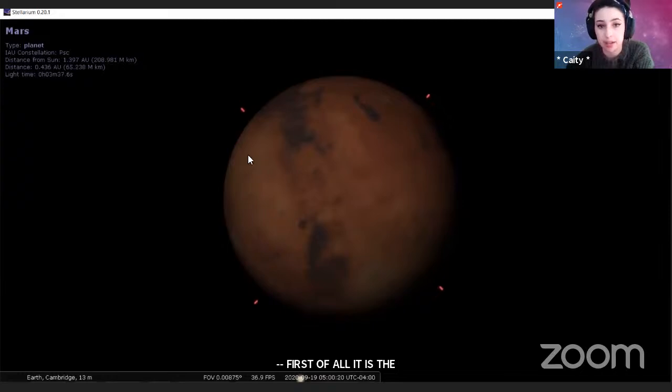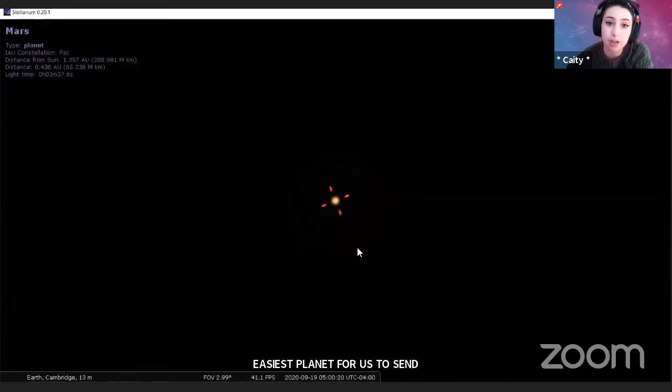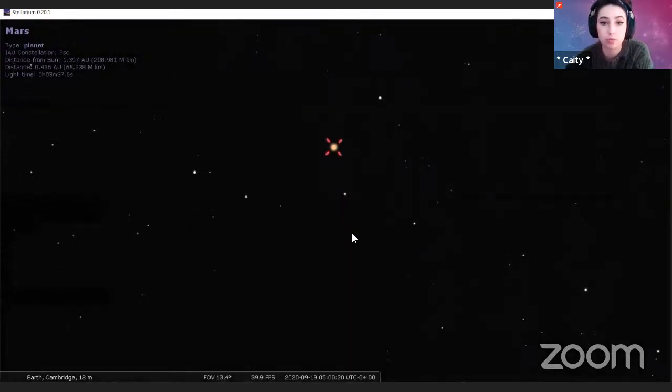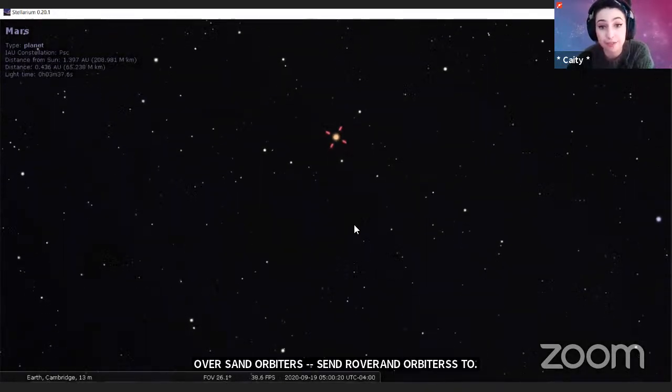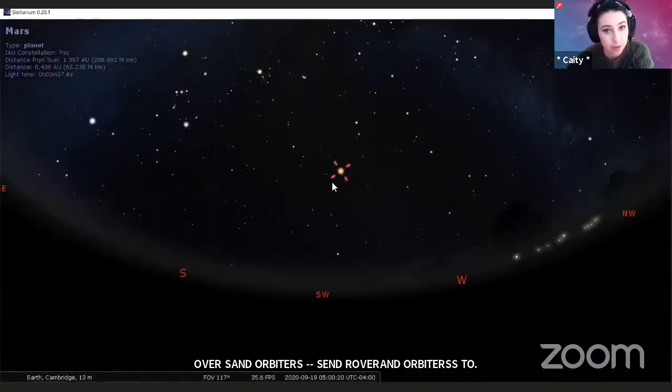And also it's a fairly easy planet to study because it has a thin atmosphere. You don't have to worry about your rovers being crushed on the surface by atmospheric pressure. And so we usually focus on Mars.